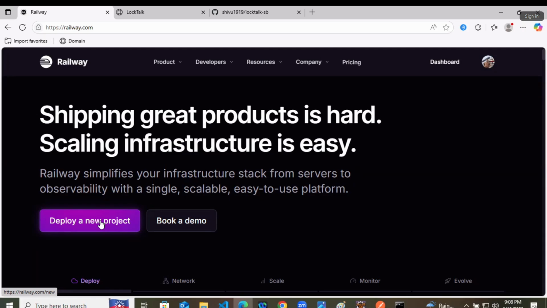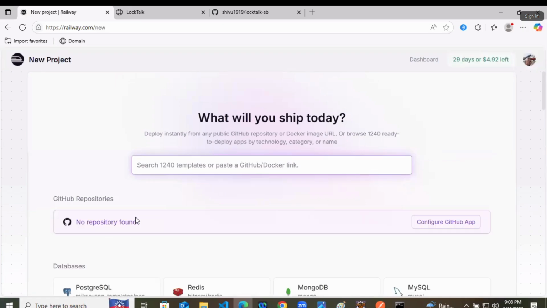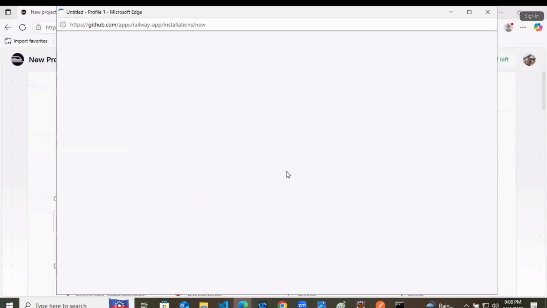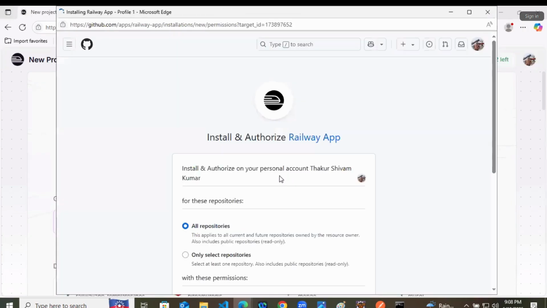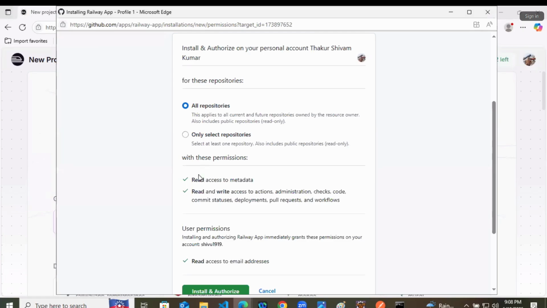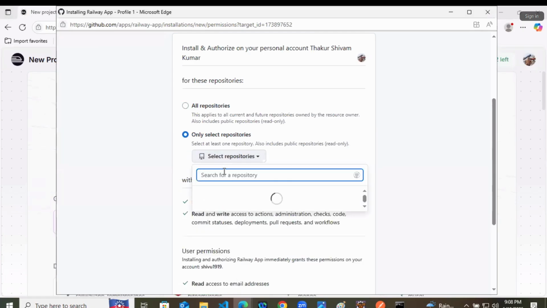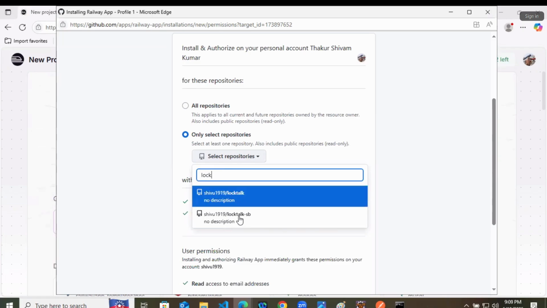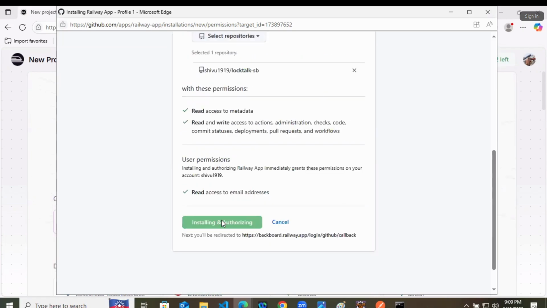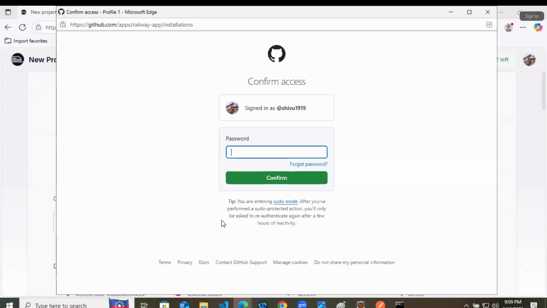MySQL service is working fine. Now I will deploy one project. So from here I have to configure my GitHub so that it will directly take, and I will select my LockTalk SB repository that we just created, and install and authorize. Type your password.